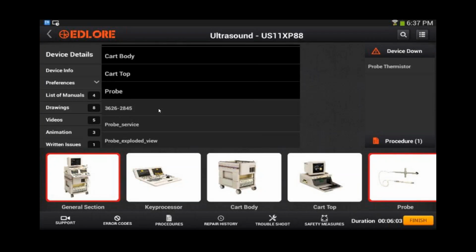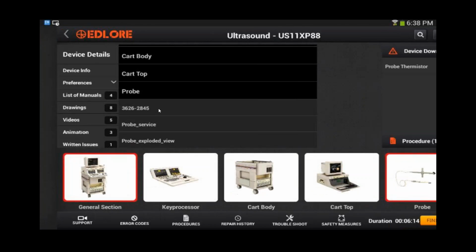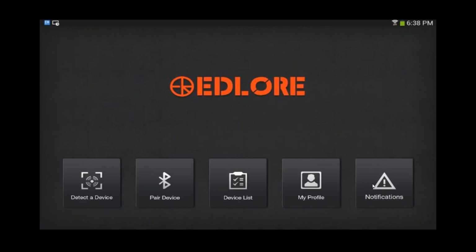EDLORE has been really praised, I should say, in terms of its documentation, content, architecture. So everything in EDLORE is kept at a model level. And what this means for you,